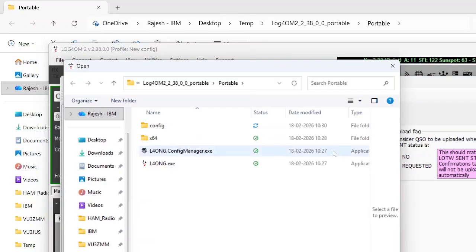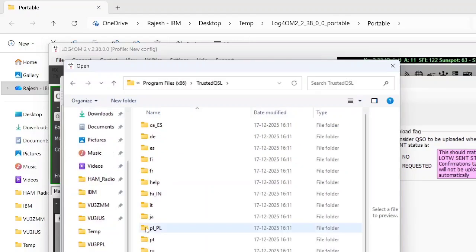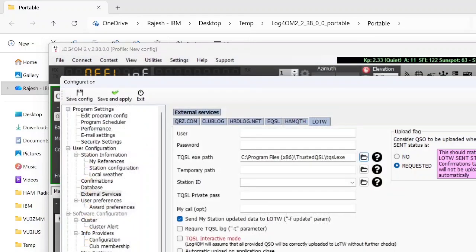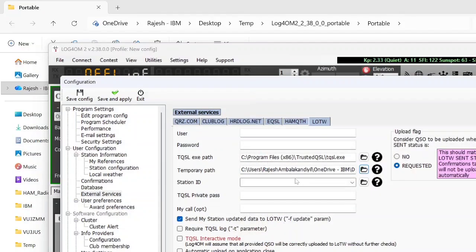TQSL exe. First, for that you need to install that. Then go to that particular folder where it is installed. Trusted QSL, this folder you go. Then we need to select tqsl.exe, that full path, and a temporary path for it to use temporarily. Any path you can select and give a temporary ID there,